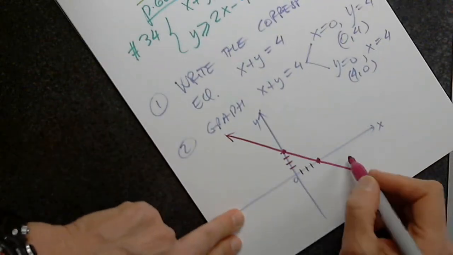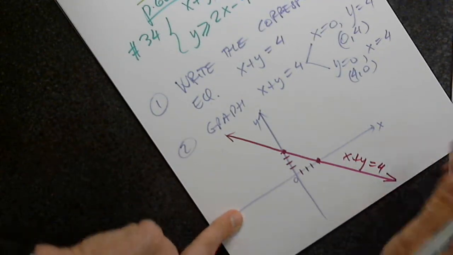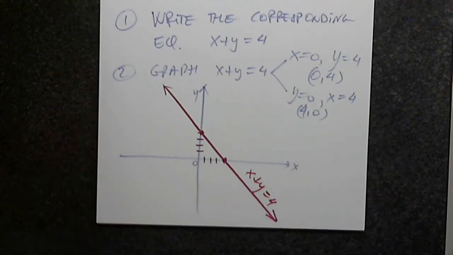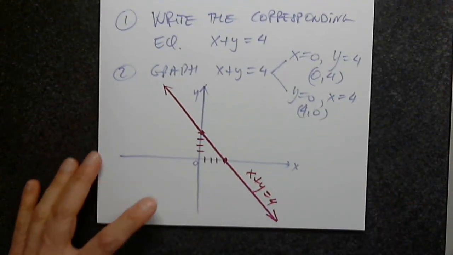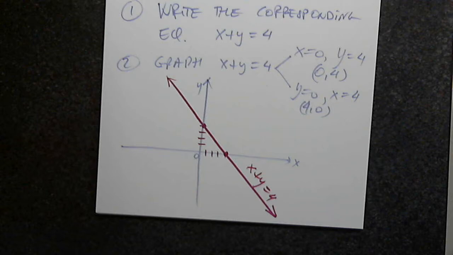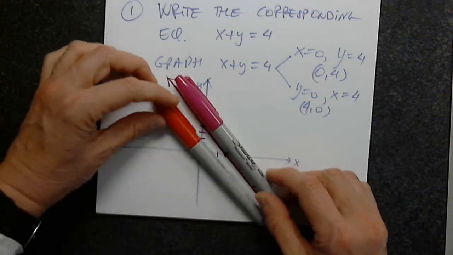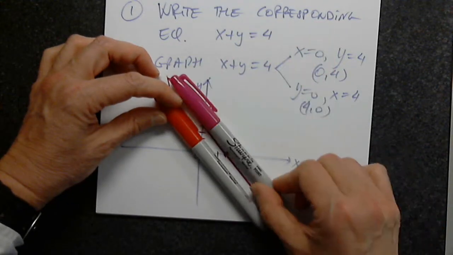So I only graphed x plus y equals 4. Do not confuse this or write the inequality on the equation. We only graph the equation. So no equal is a dotted line. I mean a dashed line. Okay. Correct. So I see that this line divides the entire plane into 2 regions, a region above